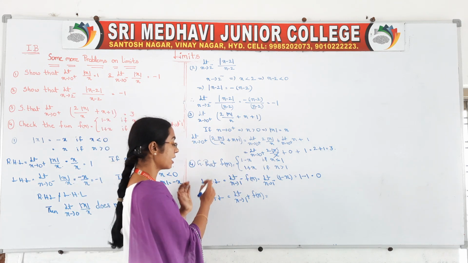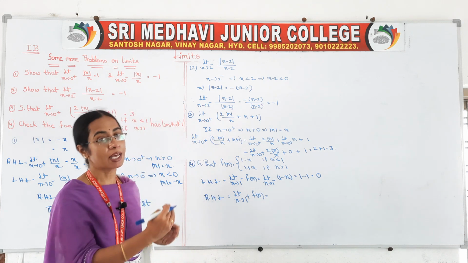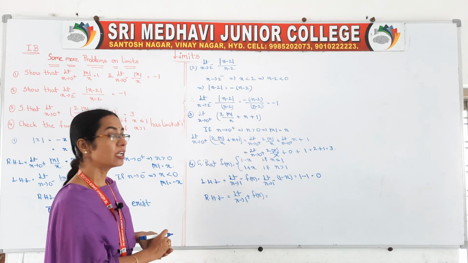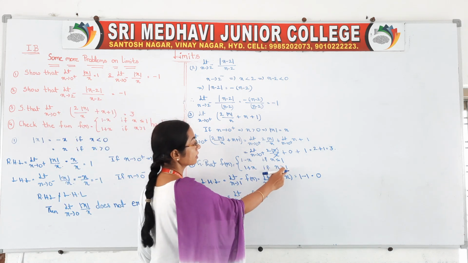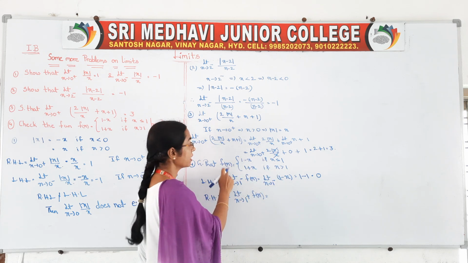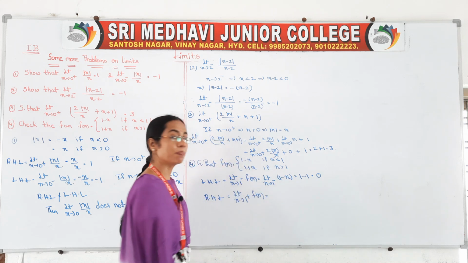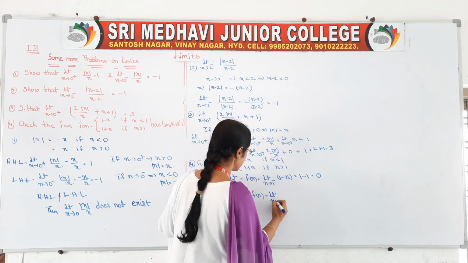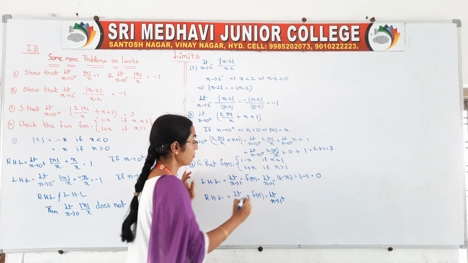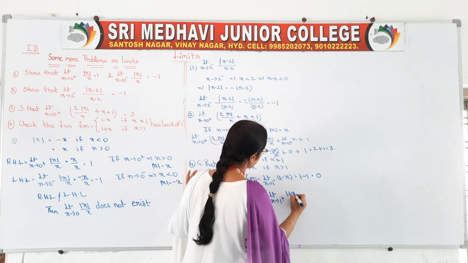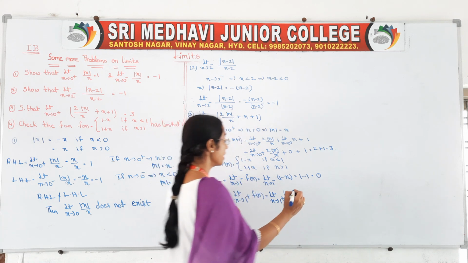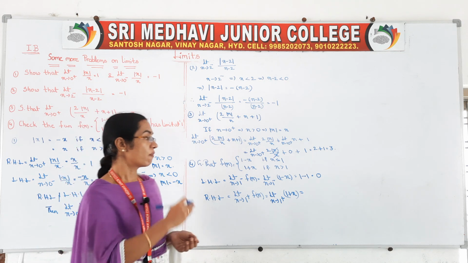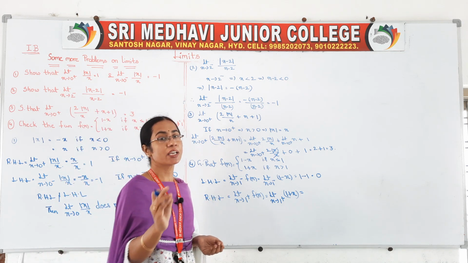Here we have taken the right hand limit, which means it is 1 plus, right. 1 plus means x value is greater than 1. If x value is greater than 1, in the question it is given that the function is defined as 1 plus x. So now, instead of f of x, we will write 1 plus x. Okay, and already I said to you, whether it is 1 plus or 1 minus, while substituting the value we will take 1 only.